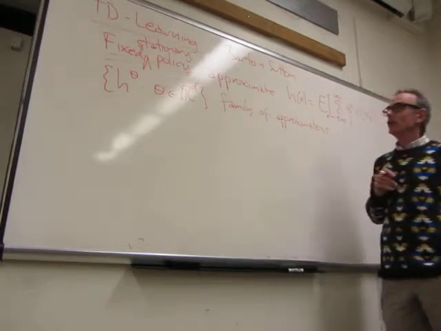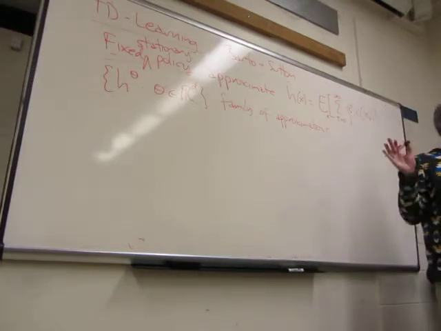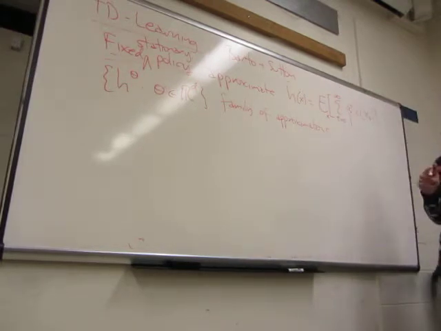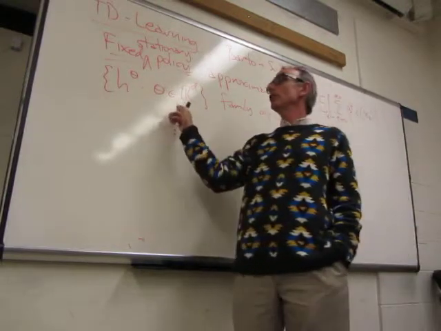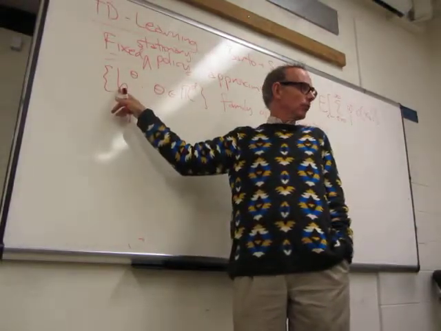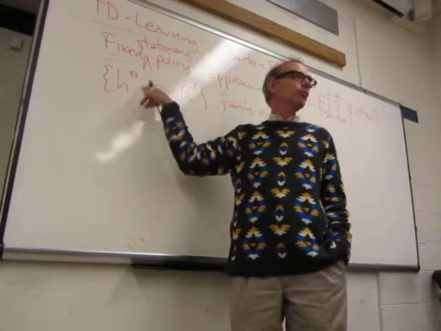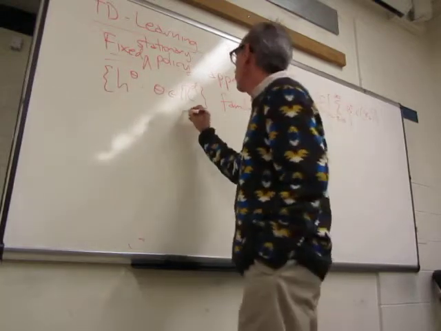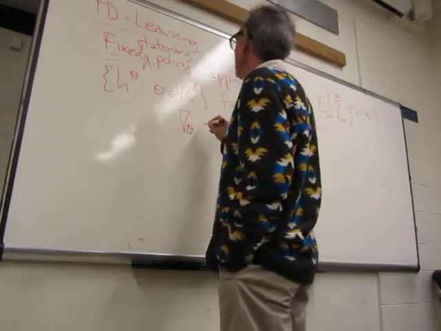Just to be fair to the community, they looked at a completely general family of parameterizations. So theta is some parameter, and h_theta is a family of functions parametrized by theta. I'm going to assume it's smooth. I'm going to assume that the gradient with respect to theta